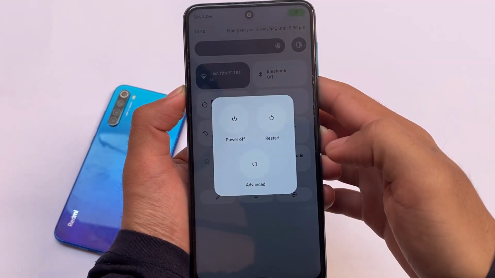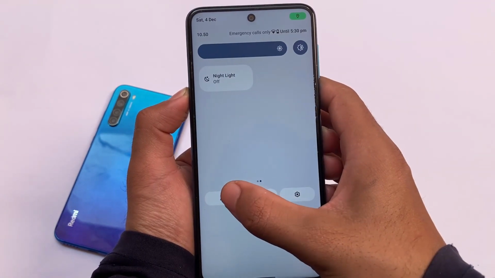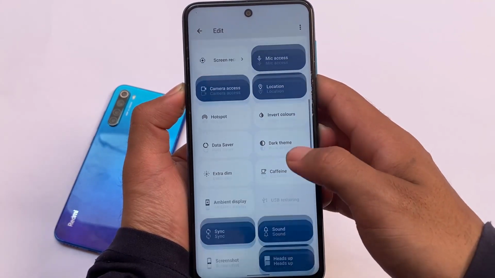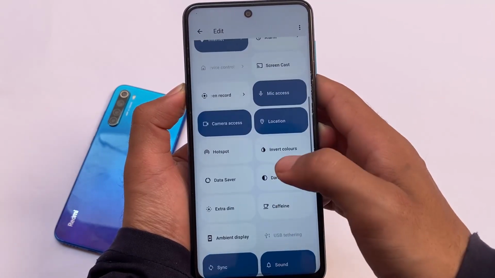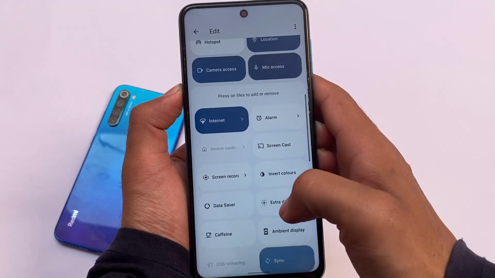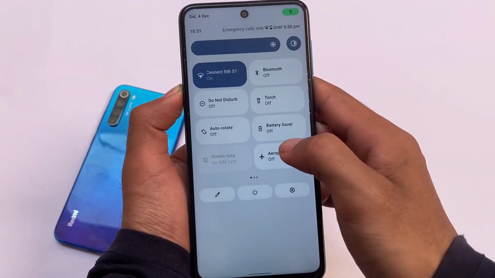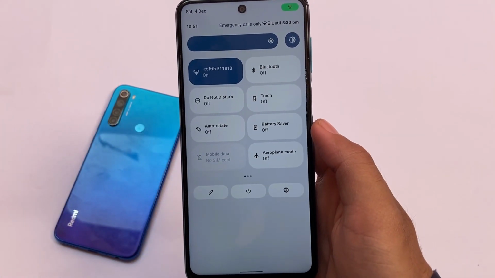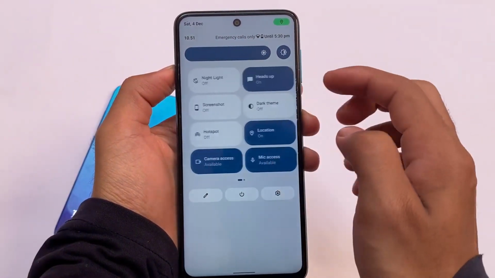Installation is quite simple. You can see the advanced reboot option is also present here for you. There are other tiles where you can add or remove tiles if you want to, and adding or removing tiles is not so tricky. It's quite simple. You don't need to drag and drop. You simply need to click, and the tile will be added. If you want to remove it, simply one click and you are good to go. Separate Wi-Fi and mobile data tiles are also present here. Camera access, mic access, all the features which you want are available here for you. So it looks good, and I think it's good enough to use on your device.